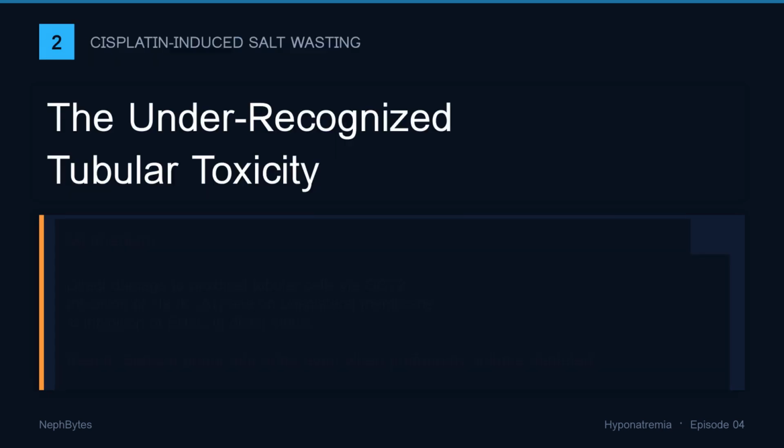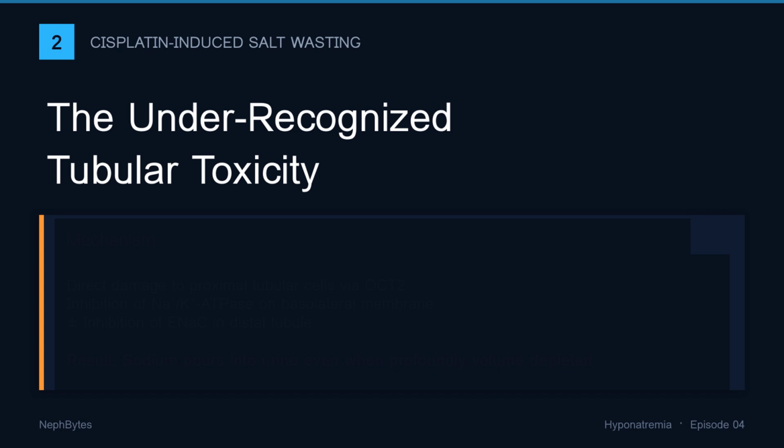Cisplatin-induced salt wasting. Most clinicians know cisplatin is nephrotoxic. Acute kidney injury from cisplatin is well recognized and something oncology teams watch for carefully. But beyond AKI, cisplatin can cause a chronic tubular defect that leads to ongoing, massive renal sodium losses, and this